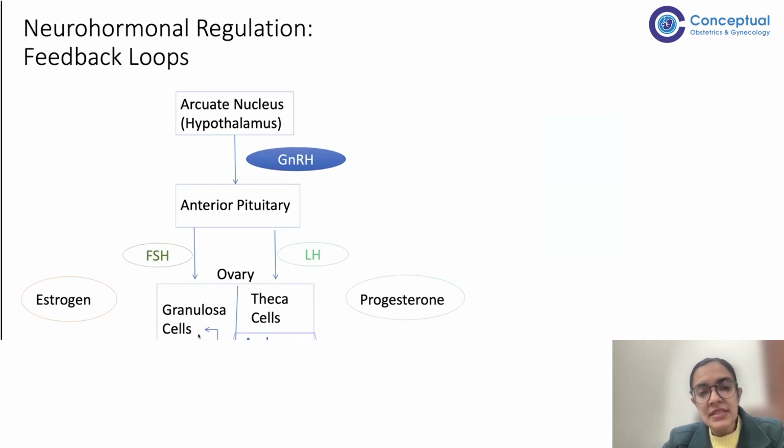Now, this is a seemingly simple slide, but it is very important. You should remember this mentally, so that when any patient comes to you or you see any reports, you should be able to think mentally at what level the problem could be, and that's how you will investigate further. So the arcuate nucleus of the hypothalamus releases GnRH in a pulsatile manner, which acts on the anterior